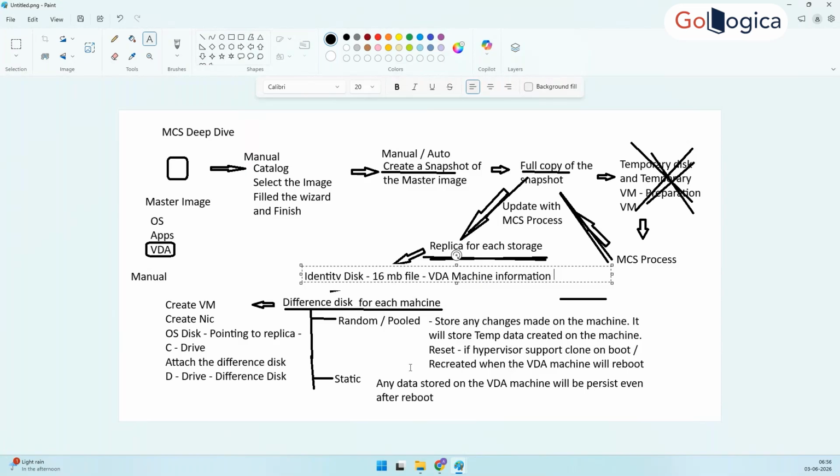Otherwise, you can ask: when the C drive is pointing to the replica, where do the VDA machine's IP address and computer SID get stored? Because each machine will have a separate name and a different IP. All of that information is stored in the identity disk. Then next, the identity disk, it will create the